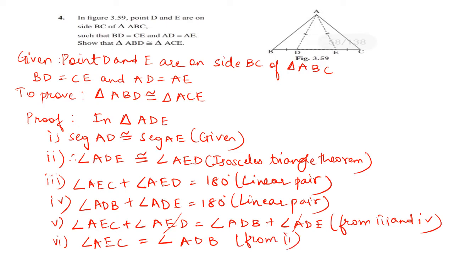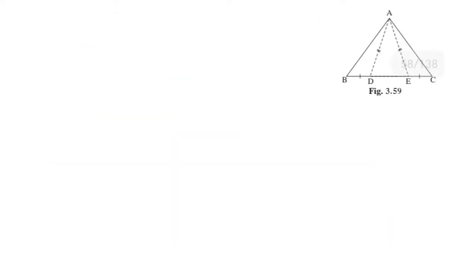So now we can see that in these two triangles ADB and AEC, AD is congruent to AE, BD is congruent to EC, and just now we proved that angle AEC is congruent to angle ADB. So both triangles are congruent by side angle side test. So let's write down that in triangle ABD and triangle ACE,